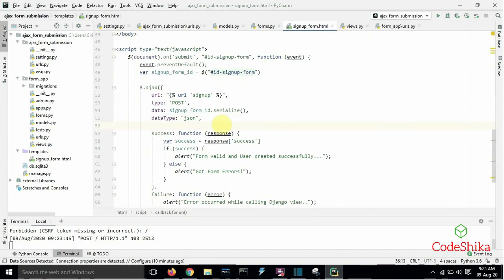We will pass the CSRF token as a header in this post request. X-CSRFToken colon csrftoken.